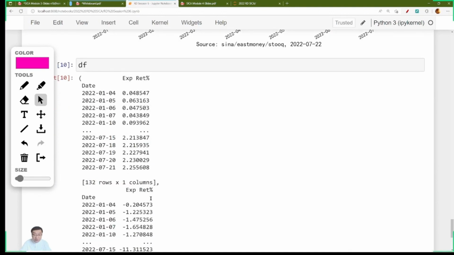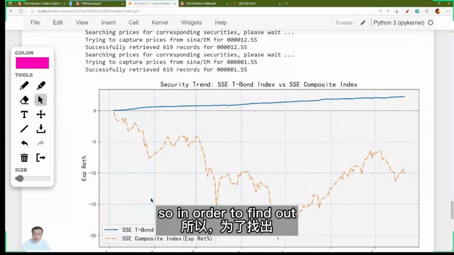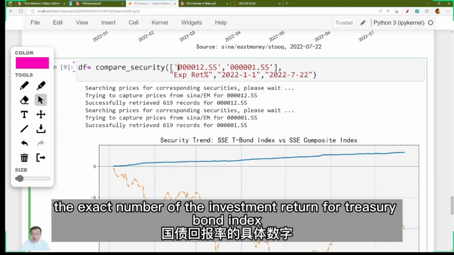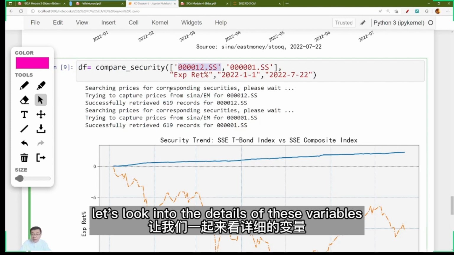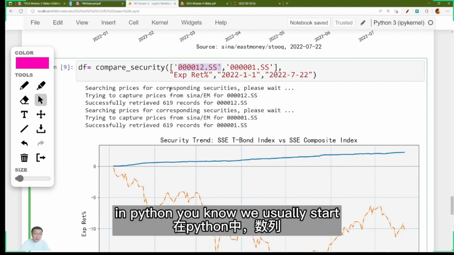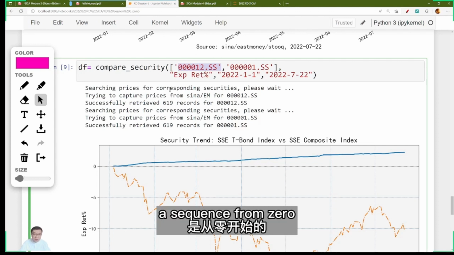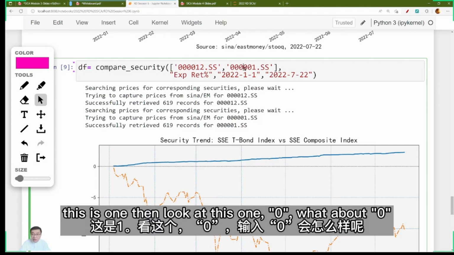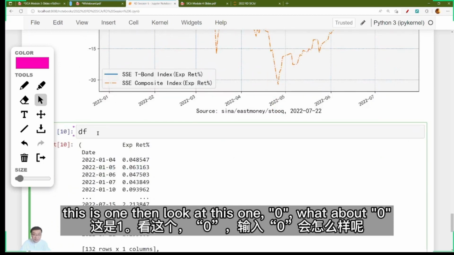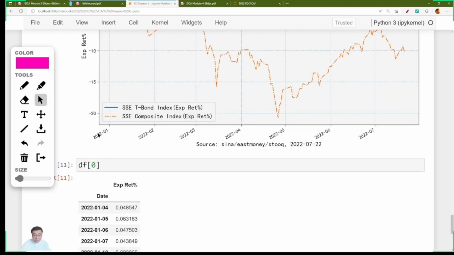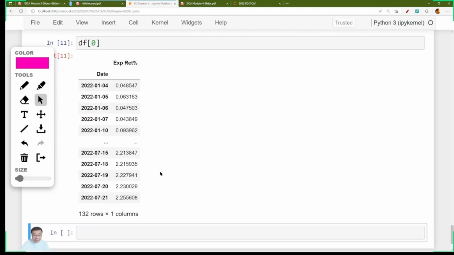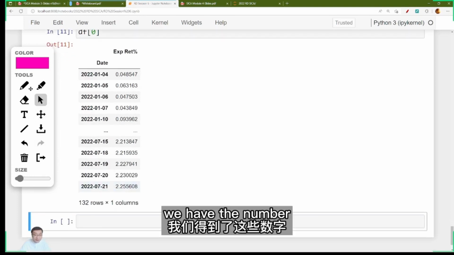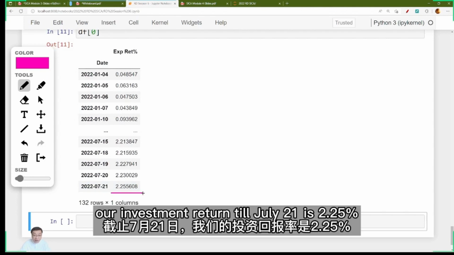This is the variables. So in order to find out the exact number of the investment return for this one, this is the treasury bond index, let's look into the details of these variables. In Python, we usually start a sequence from 0, right? So this is 0, this is 1. Then look at this one. 0. What about 0? Now, okay, we have the number. Our investment return till July 21st is